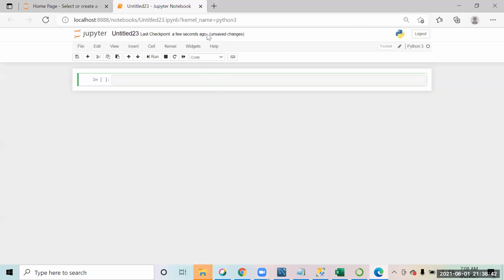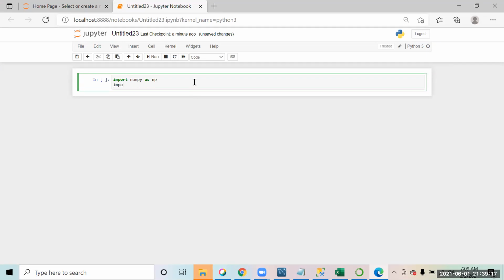Okay, so since we have opened it up, first of all, let's import our libraries, right? Import NumPy as np.